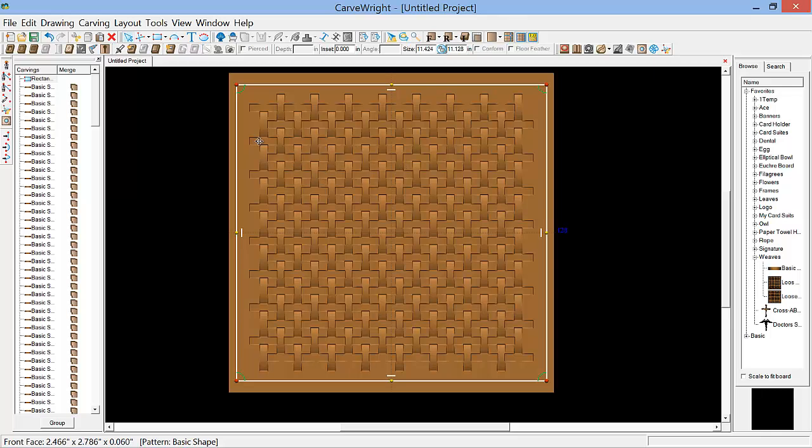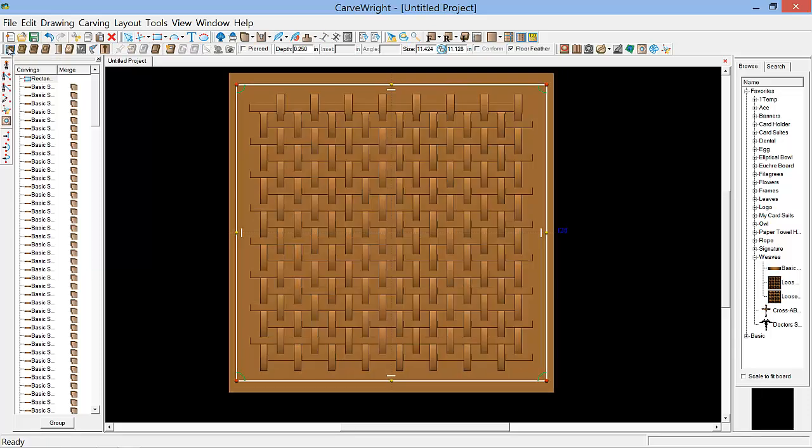And then I'm going to change it into a carve region by clicking on the carve region button here on my toolbar. Now I think 0.25 is the default, and it's a little bit deep. The carve region needs to be as deep as the extrude that we made at 0.1 inches. I think that'll make it work out really well. So I'm going to set the depth of that to 0.1, press enter,